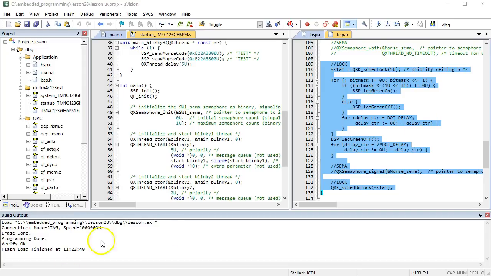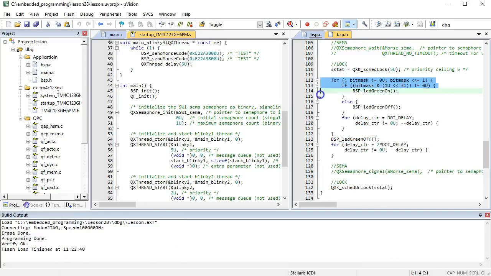The only limitation of the selective scheduler locking is that the thread cannot block while holding the lock. Blocking while accessing a shared resource, such as calling the blocking delay or the semaphore wait APIs, is considered a bad practice and should be avoided. But still, it occasionally happens in real-life projects, and in that case the QXK will assert if the thread would attempt to block while owning a scheduler lock. Your only option in that case is the last mutual exclusion mechanism that I want to discuss in this lesson,